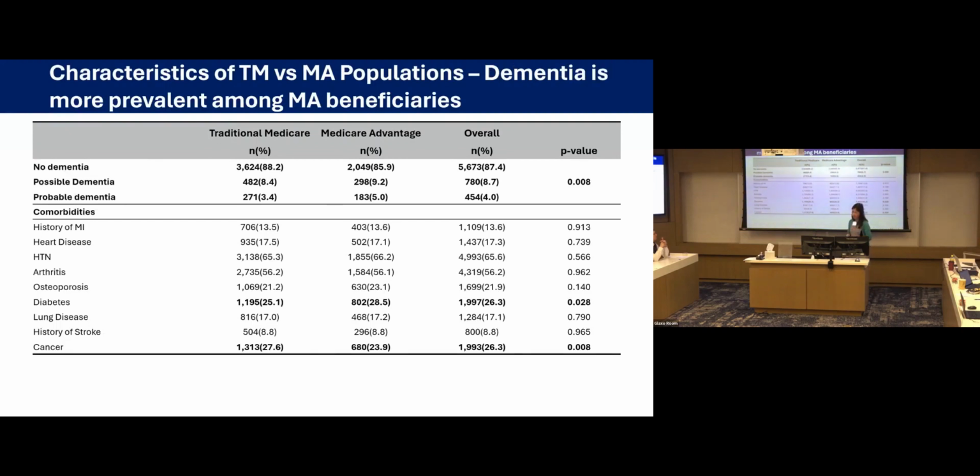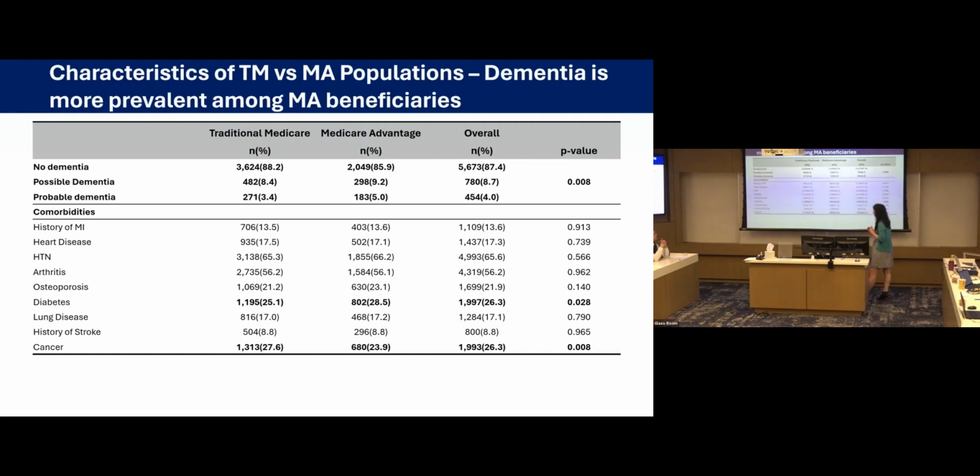And then, of course, we were interested in dementia. I should take a brief moment here to mention that dementia is being categorized by a specific algorithm that's similar to some of the other algorithms we've seen. NHATS uses its own algorithm, which consists of a 10-word immediate and delayed recall, orientation, and then a clock draw. And then it standardizes in the population. If somebody was more than one standard deviation from the mean in a specific domain, that was considered possible dementia, and two or more deviations in two or more domains was considered probable dementia.